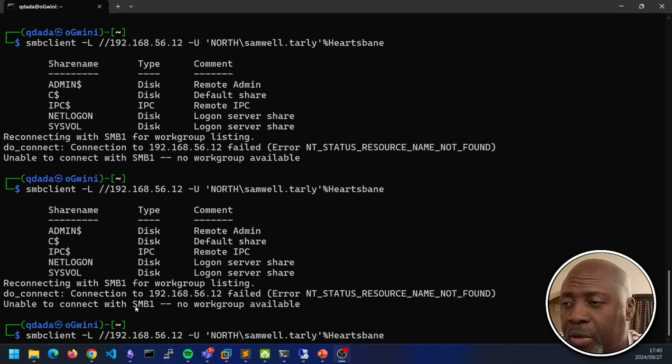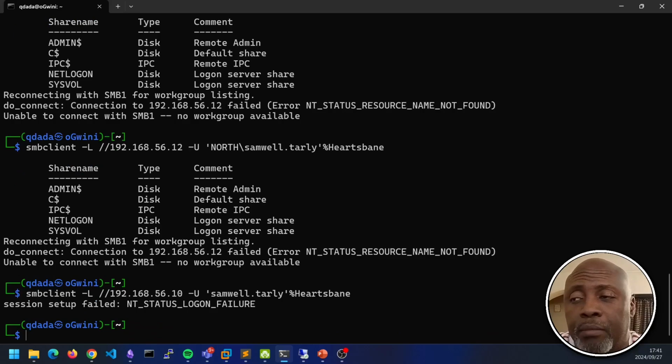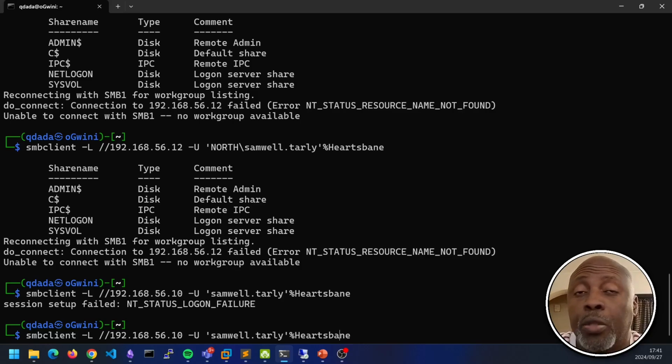As we have seen here, previously we had tried to log on as Samuel Tally on King's Landing, and this is how we tried to log on. That was the command that we ran in order to list what shares are available on that specific host, .10. We did it this way, and it said, sorry, NT_STATUS_LOGON_FAILURE. I do not know who you are. We gave up and we moved on. But what we didn't do is keep in mind in which context we are logging in.